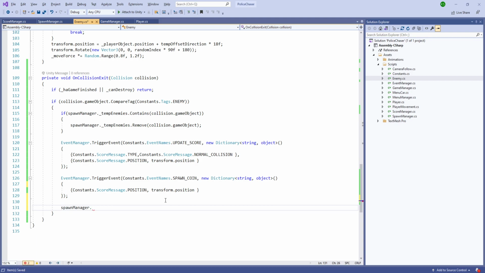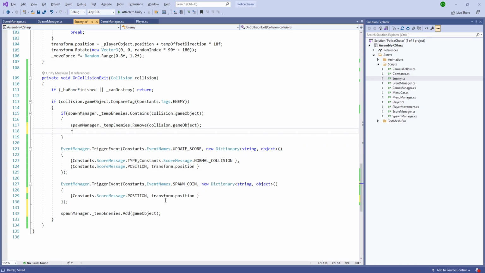And after that, spawn manager dot temporary enemies dot add will add the current game object, which is this one. So when this is colliding with another object, which is the collision dot game object, that will check if that collision dot game object contains which one it is colliding. So we are adding it, and the above condition is going to be false, and we will return here. So the next loop will not be spawned, and it will automatically delete both the objects after some seconds,